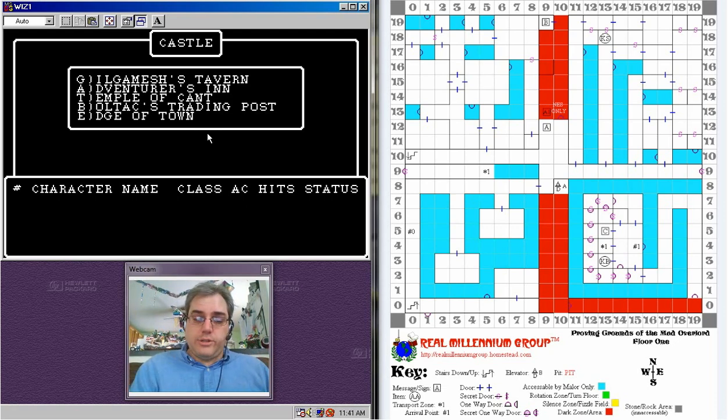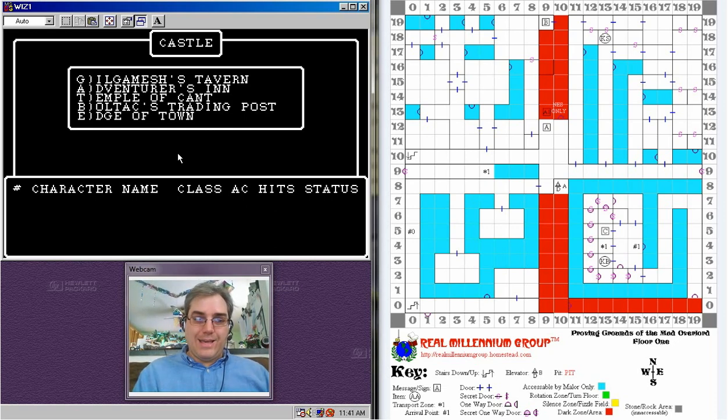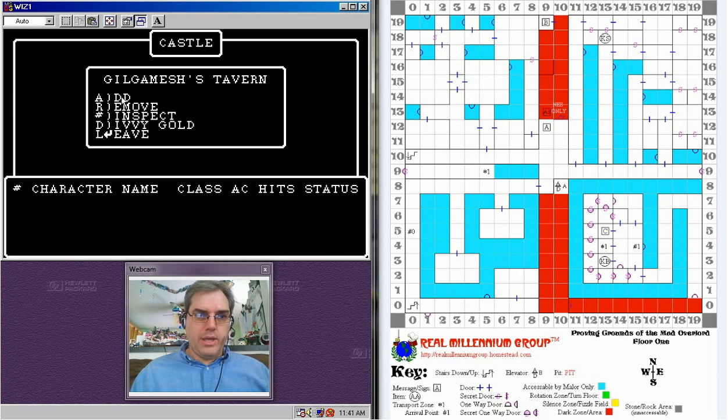I believe it is lost, which means it's sort of like defeated is a downed thing, but they can still have the chance of being resurrected. But if the resurrection fails, they turn to ashes and everything is gone. Boltax Trading Post is, as you might imagine, where you can sell and buy various equipment. Edge of Town takes us to another menu. Some of it is a training grounds where we can inspect all the characters we have created, and of course that takes us to the maze. So Gilgamesh's Tavern, let's go in there so we can add, remove, inspect, basically doing different things with characters.